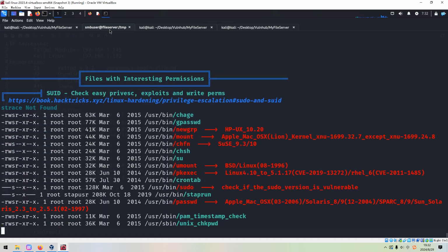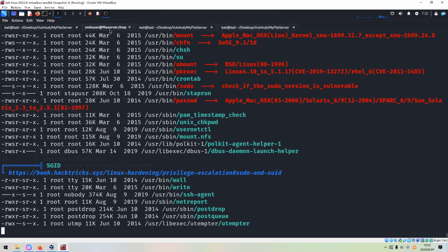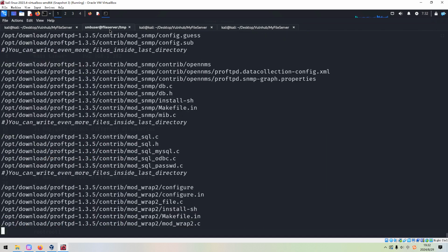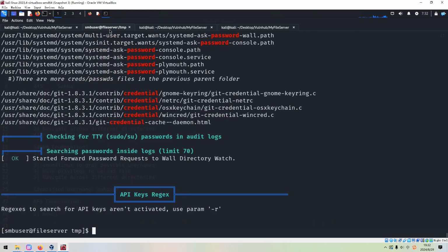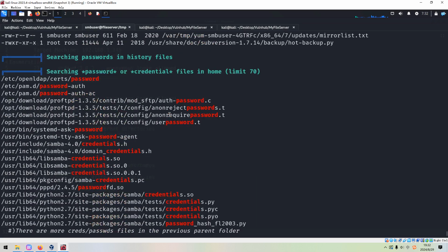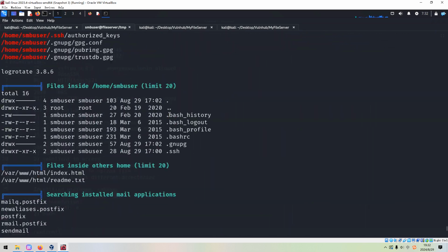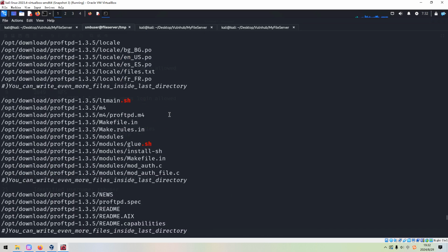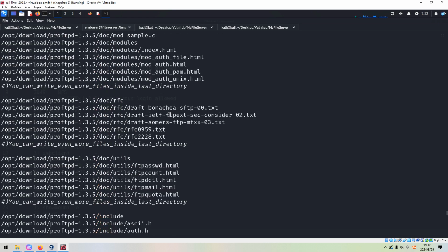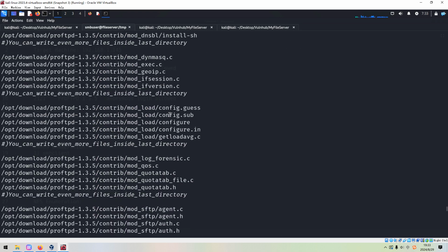The kernel is a bit old, so I think we can find a kernel-based exploit. Okay, it's done, and then we can scroll up. A lot of output by the LinPEAS shell script, so I like it very much.